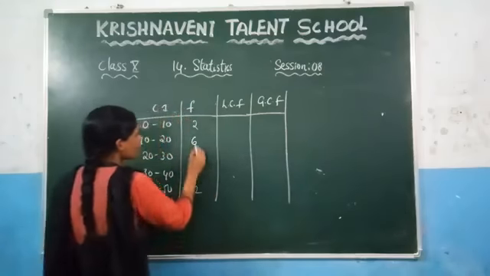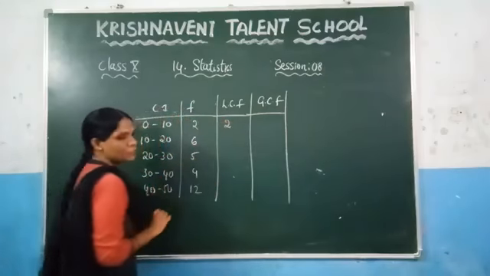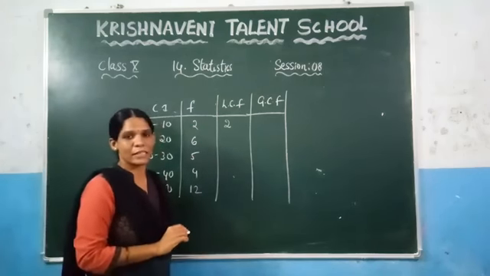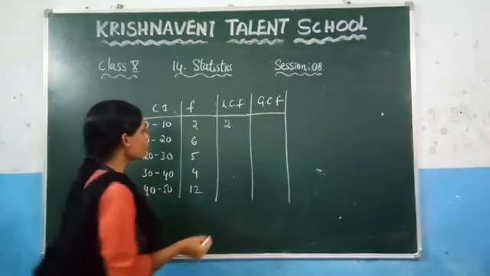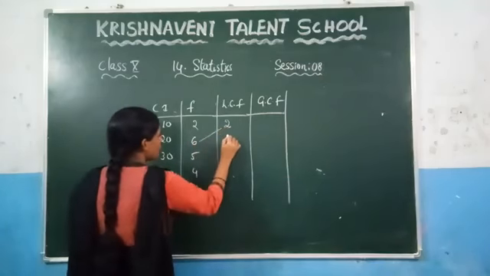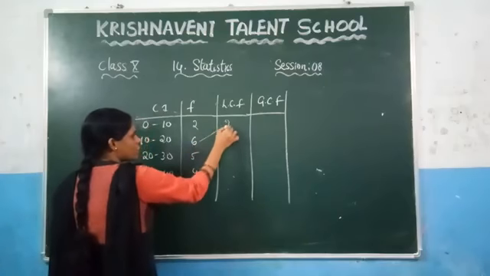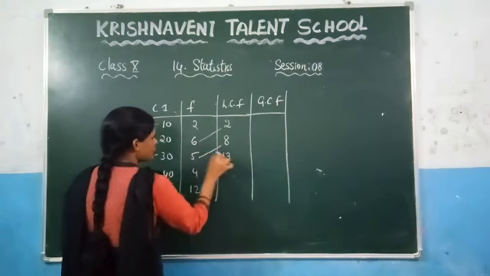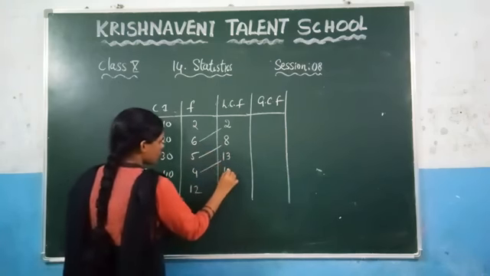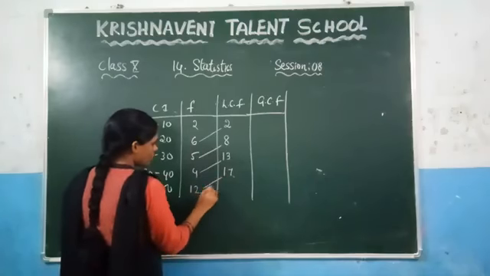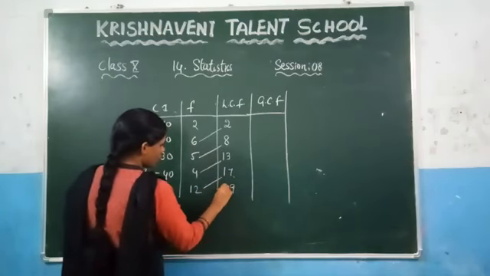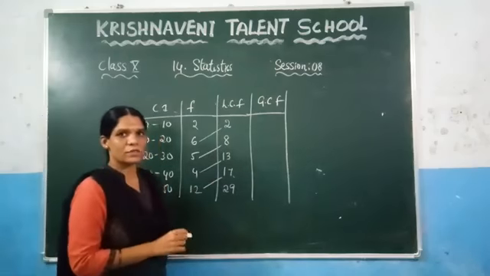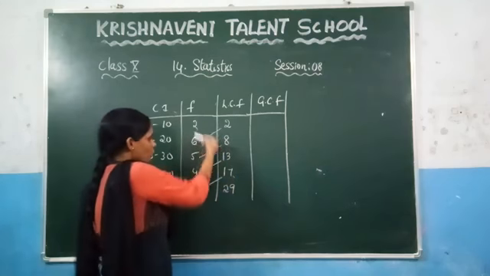Let us see here. So here, write 2 as it is. While calculating the median, we have calculated the cumulative frequencies, that is nothing but less cumulative frequency. So here, just you need to add these values. What will you get? 6 plus 2, which is 8, and after that 8 plus 5, which is 13, and 13 plus 4, 17, 17 plus 12, which gives you here 29. So here, while calculating the less cumulative frequencies, we are adding from the top to bottom, right?